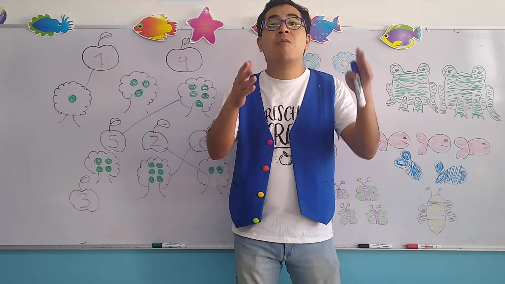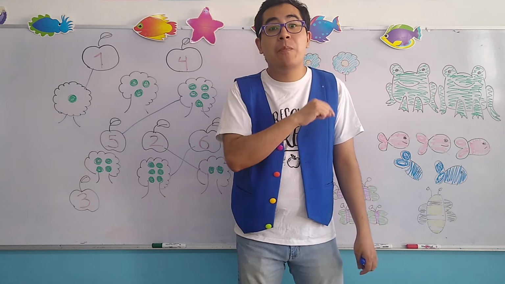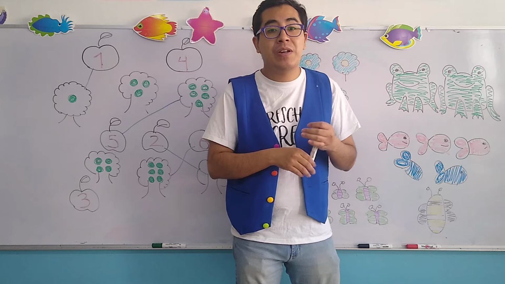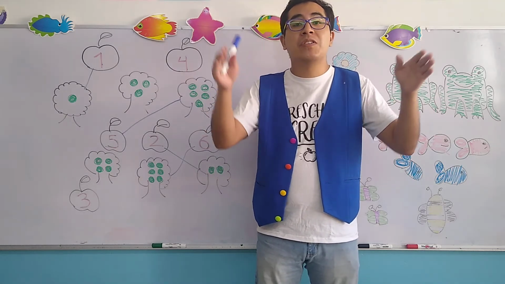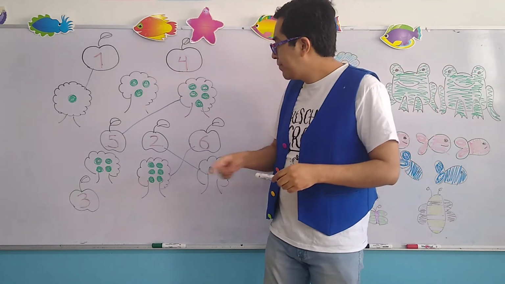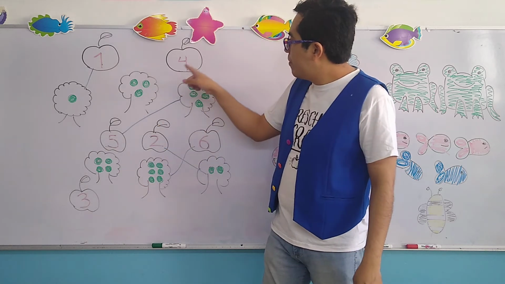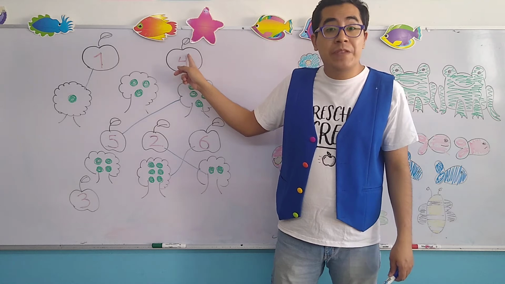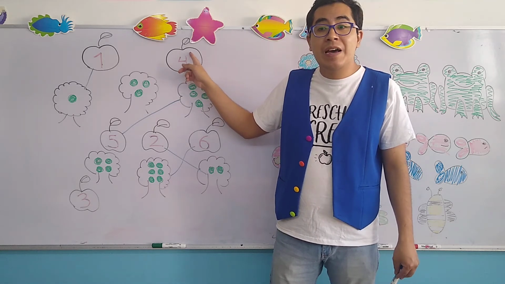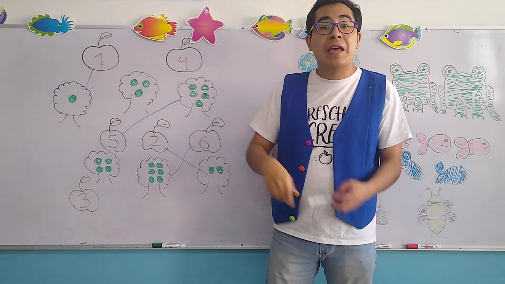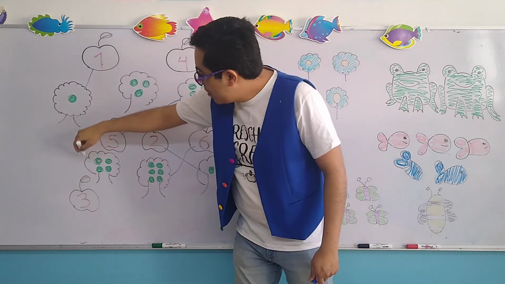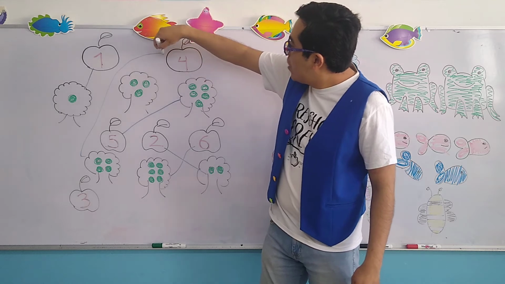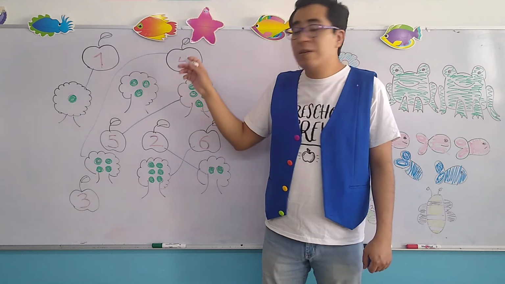Now let's look for the number 4 inside the apple. Vamos a buscar el número 4 que esté dentro de la manzana. Remember, the number 4 is the chair upside down. So the number 4, the chair upside down, it's here at the top of the exercise, hasta arriba del ejercicio. So let's join it. Once again, number 4, we are going to join it with the apple that contains the